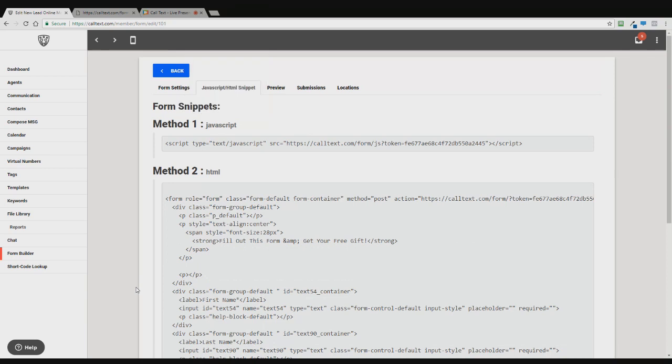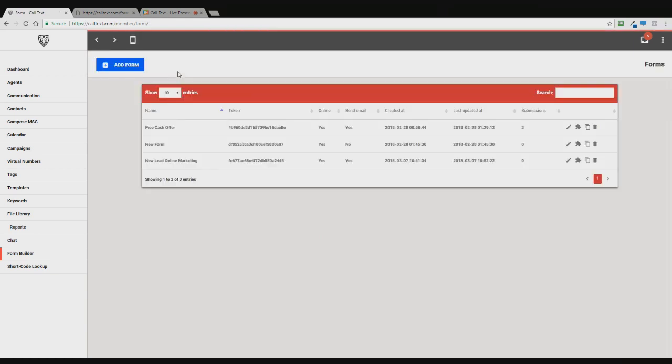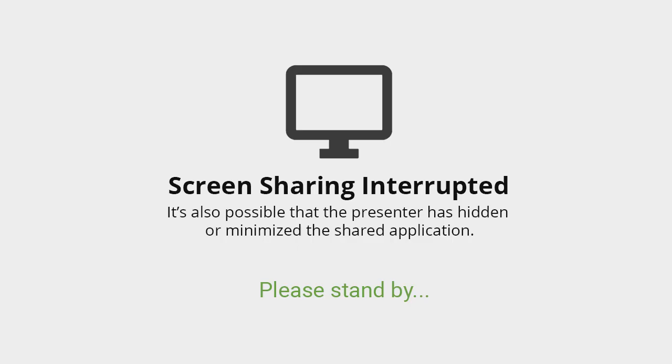One other cool little neat feature about the form builder itself is, let's say you spent a lot of time on building out a web form and you really liked it, and then you wanted to make a similar web form, maybe just minus one of the fields. All you have to do is right here we give you the option to copy it. So if I were to take this free cash offer, that one that asks for all that information and has like 8 different fields, what I could do is click that copy button and then name it free cash offer copy. So I would just name it differently, and then when I hit OK,